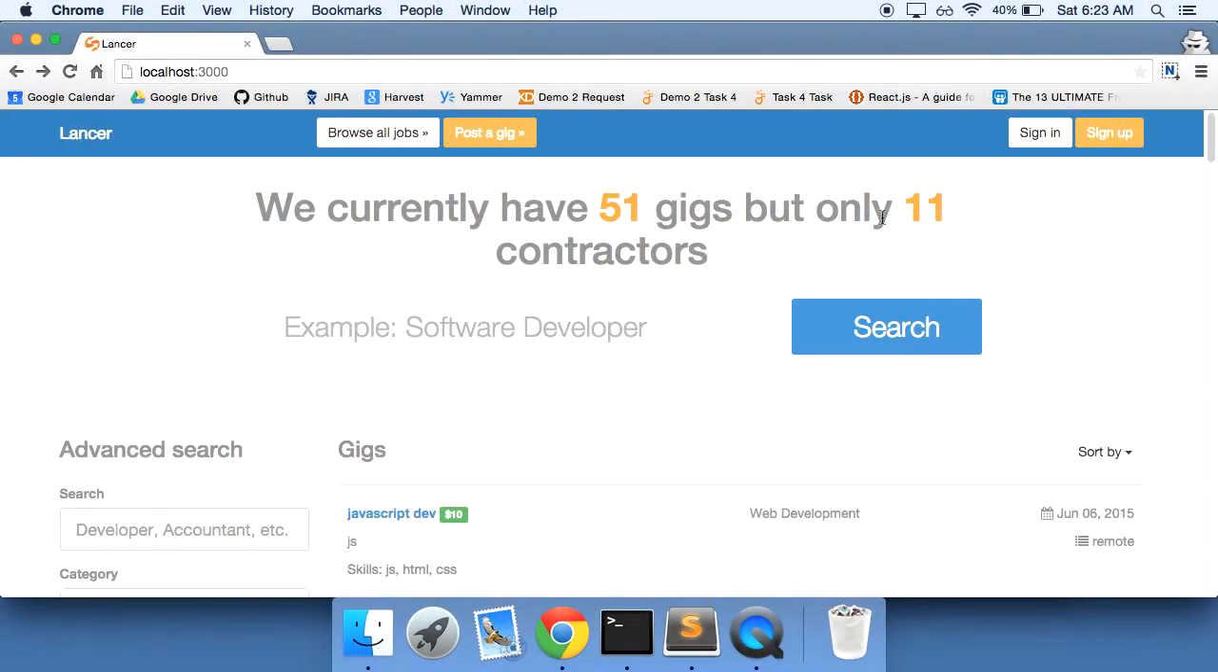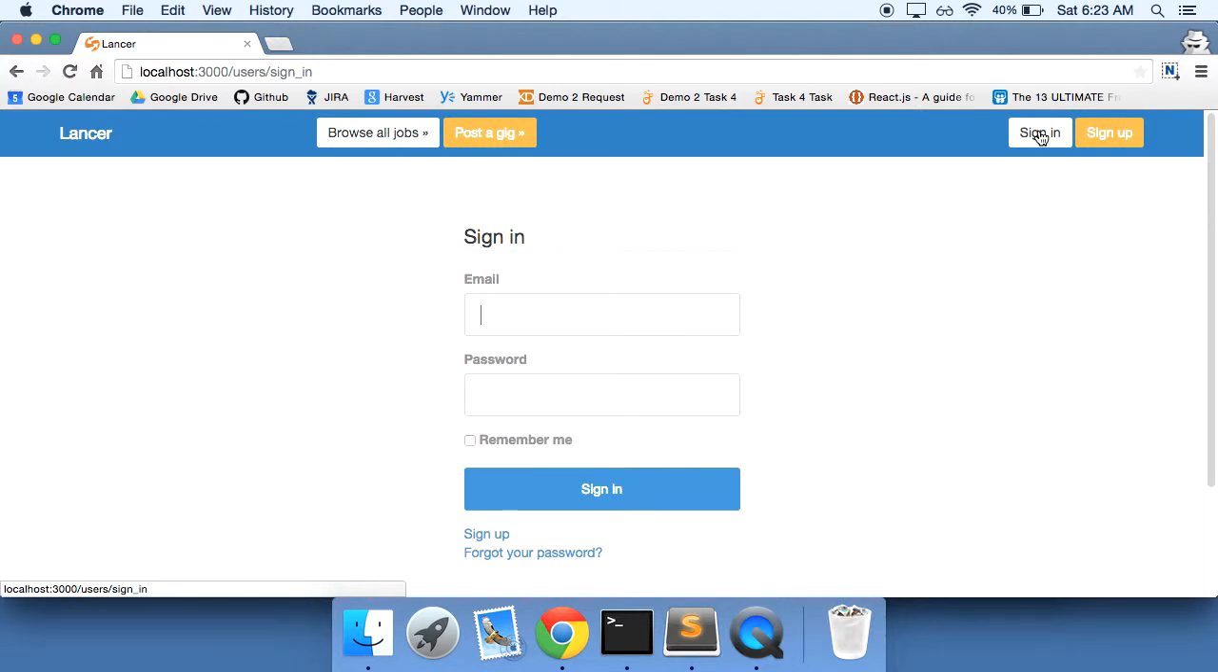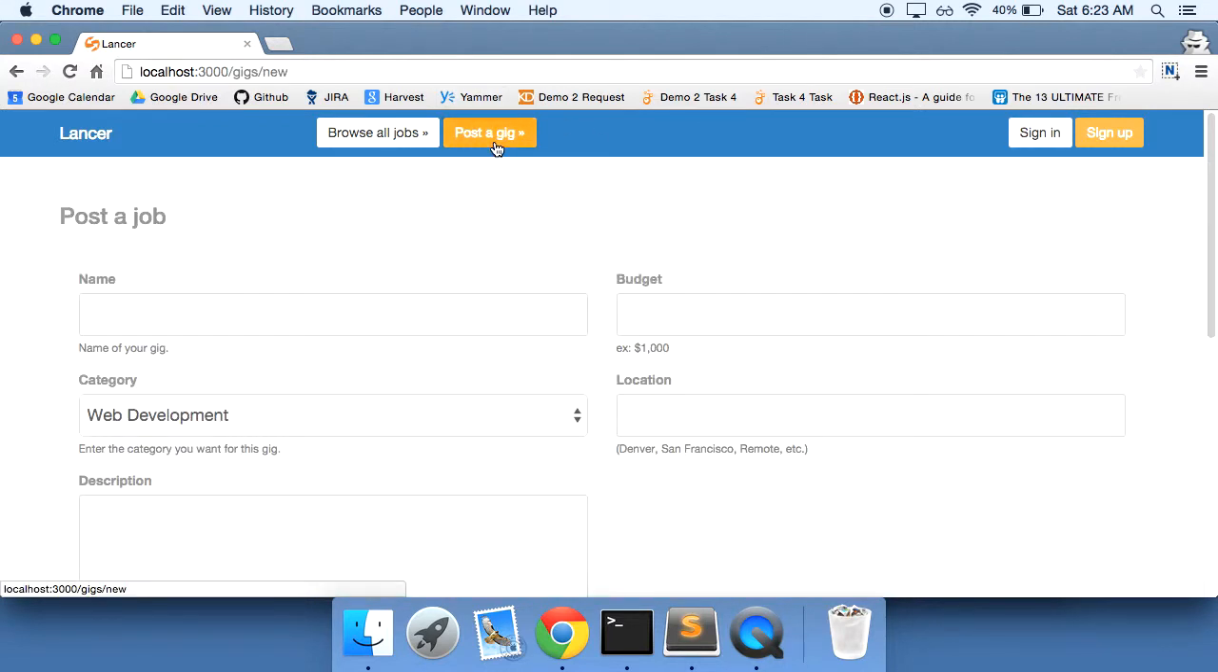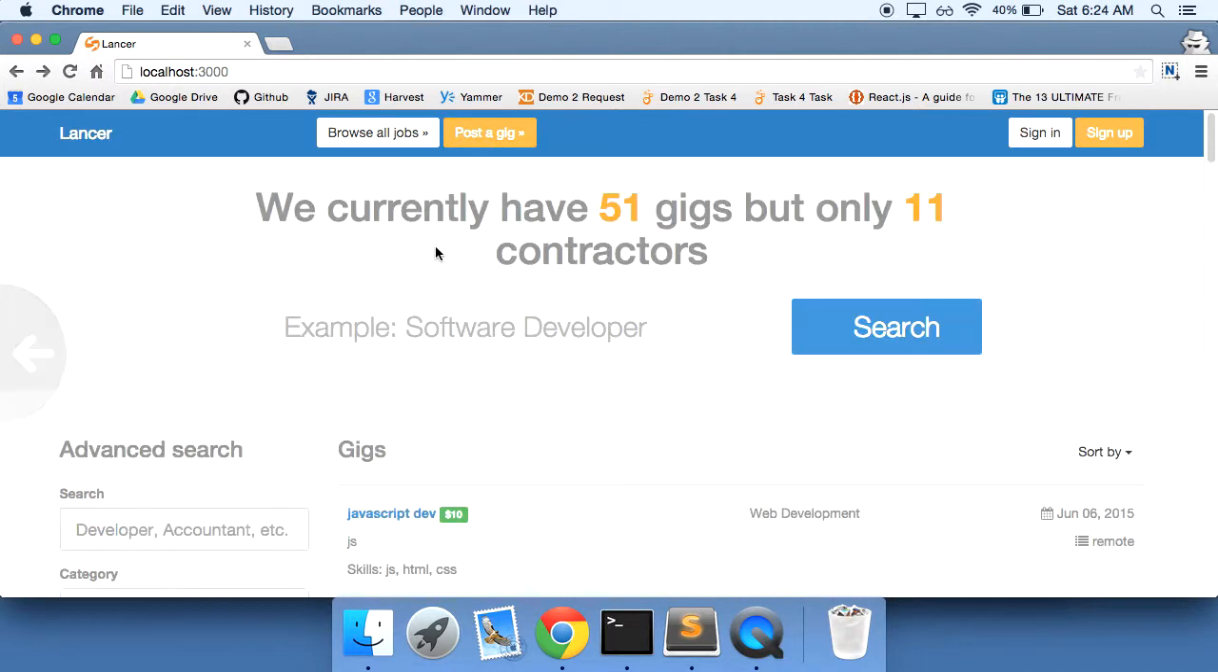Right now I'm on the home page and I'm not logged in. And you can see that by me clicking on the login button here. But I can still post a gig, so we're allowing visitors to post gigs. And that's not something that we want. We want people to only be able to post a gig if